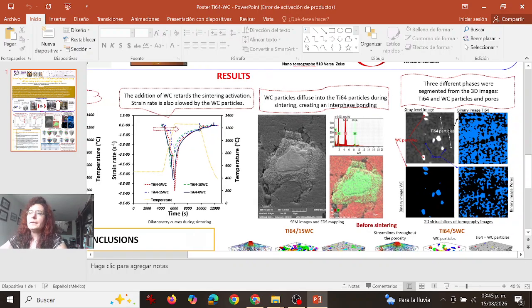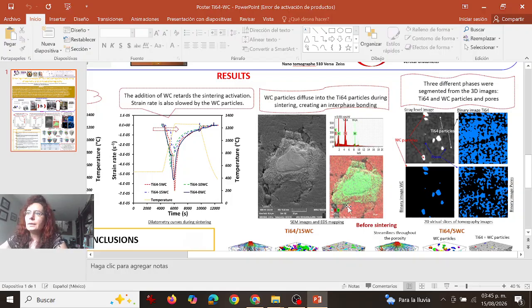with the SEM images. So the images you obtain from the electron microscope. From this electron microscope, we can obtain this type of images, and in here is the EDS mapping. EDS mapping helps us see what are the components in our sample. So we can see we have the tungsten, we have the titanium. The tungsten is in green and titanium in red.